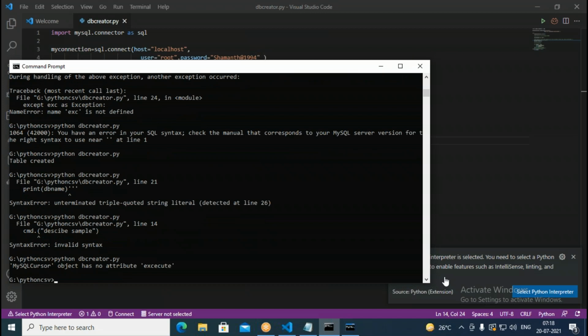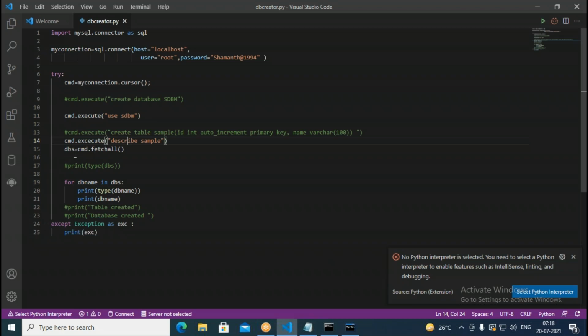Object has no attribute execute, it says. But here we have cmd, the spelling is wrong again, exec. Okay.